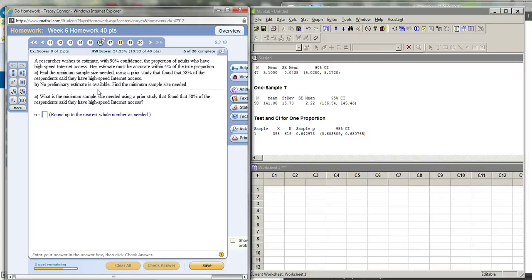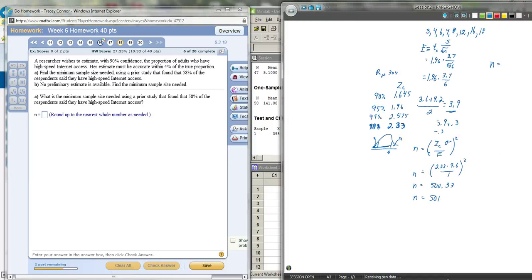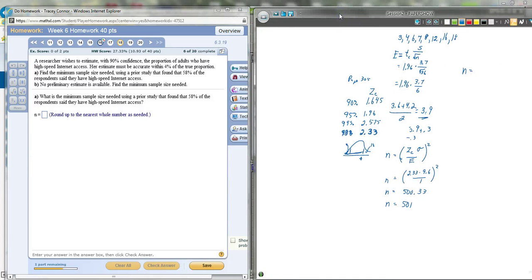So the formula you want is on page 331 in your book, and that formula is n equals PQ and then your z-score